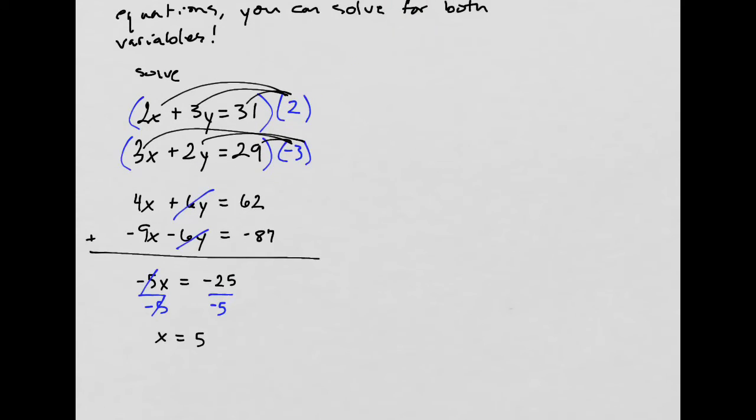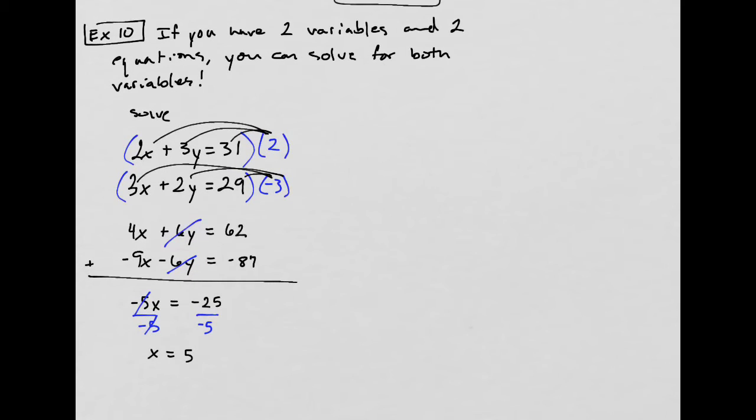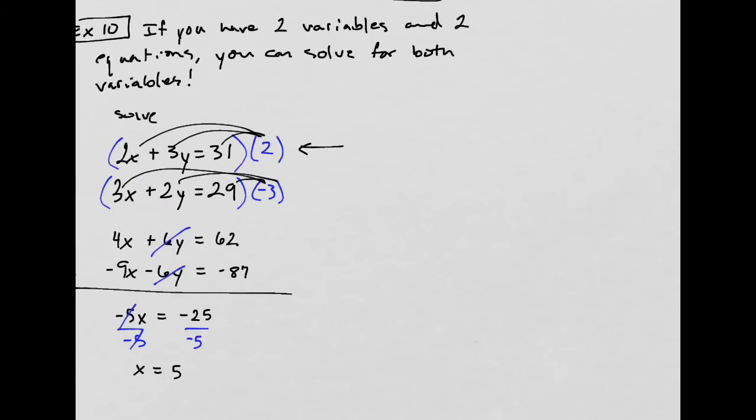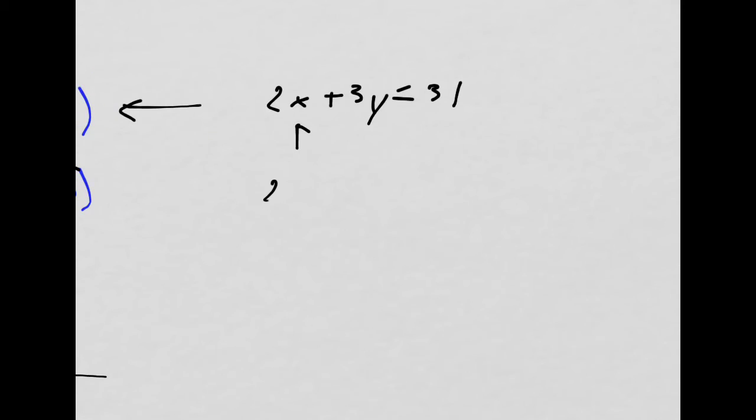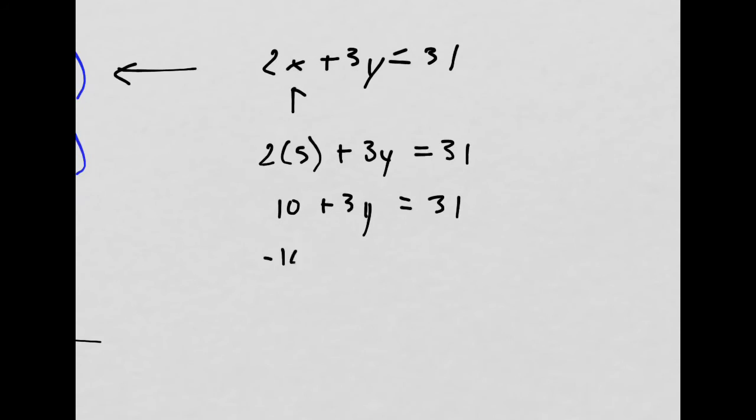So, great, but we're not done. That was just half of it. We want the y-coordinate as well. So I'm going to choose the top one, 2x plus 3y equals 31. You can choose any equation, but plug in the value that you found. So here x is going to be 5. So I have 2 times 5 plus 3y equals 31. So that's 10 plus 3y equals 31, minus 10,